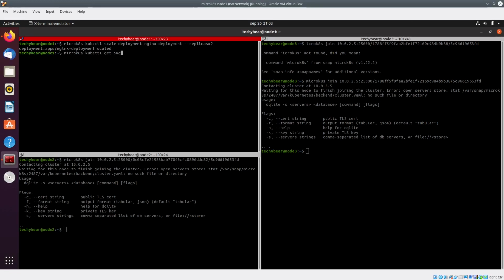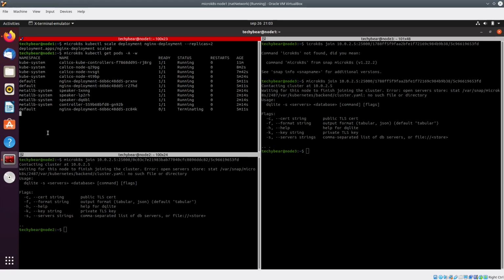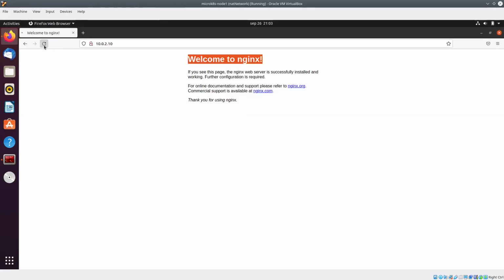So it says scaled, and let's check what change is happening. It is terminating one of the pods, we can see here. And if I go to the browser and refresh, I can still access nginx. So the load balancer is routing the connection to the remaining pods.